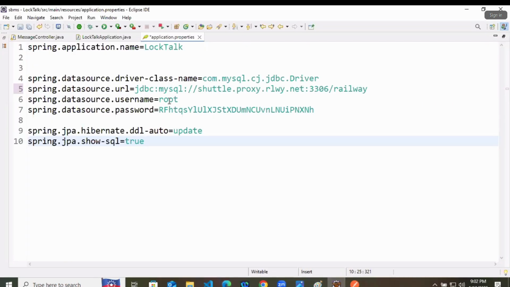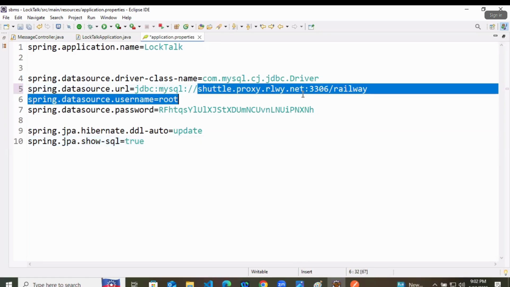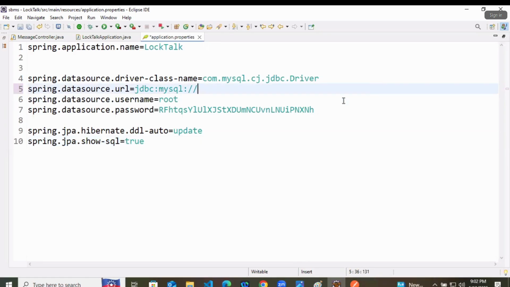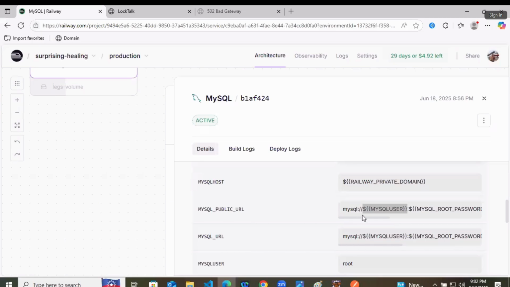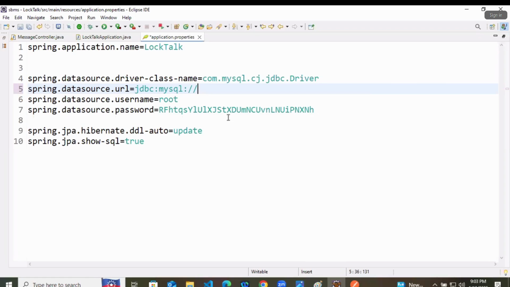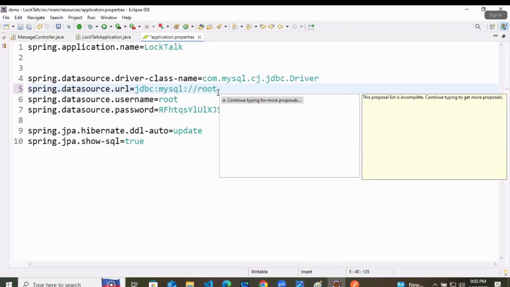It means jdbc colon mysql colon double forward slash. Let's remove it. We'll go to logs. What is it taking? Double forward slash. Then it is taking the username directly. So let's provide it. We will provide root here like this. But it is wrong, by the way.